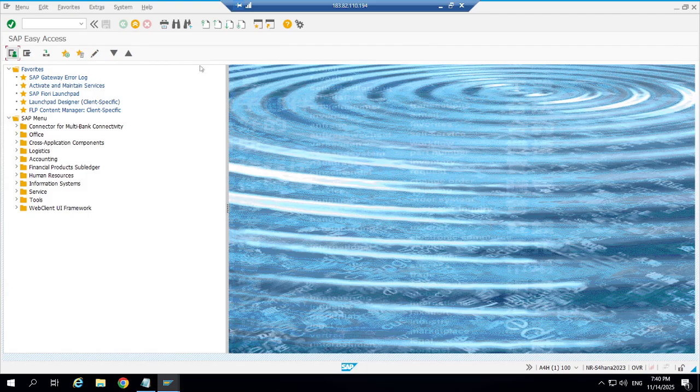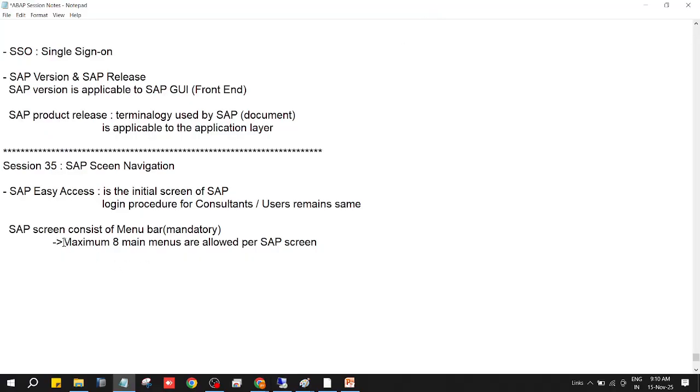Now in any SAP screen, it could be ABAP, basis, functional or user screen, maximum how many menus are allowed? Maximum permitted menus is 8. I am giving the SAP standard features. Maximum 8 main menus are allowed. Among 8, go to the next level. Among 8, always, each SAP screen